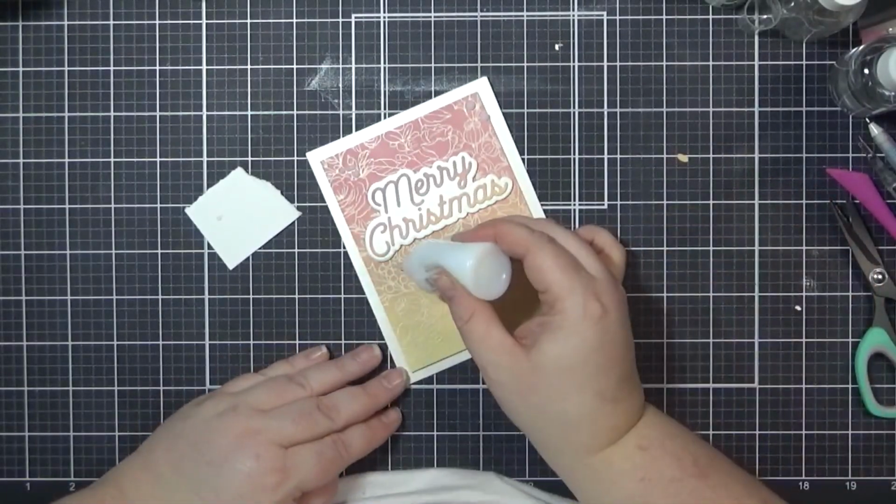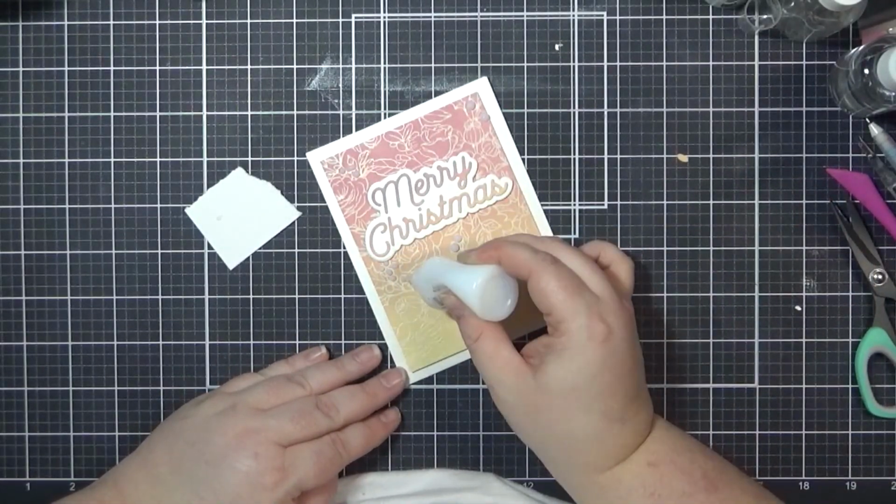Lastly, I added Clear Nouveau drops to all the berries in the background design for a little bit more shine